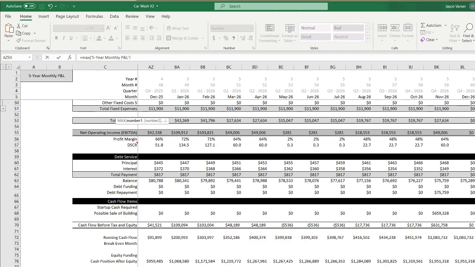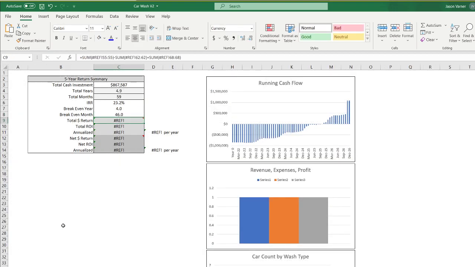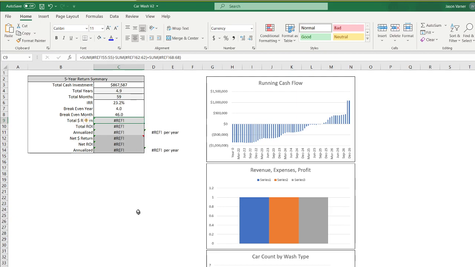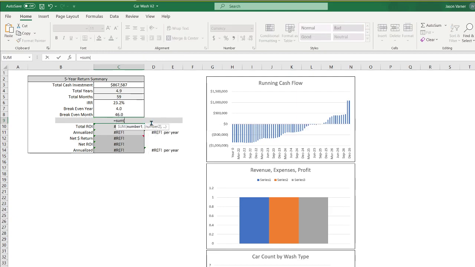Oh, I think that was already there. Total return. So delete all these notes. So total return is going to be sum of,